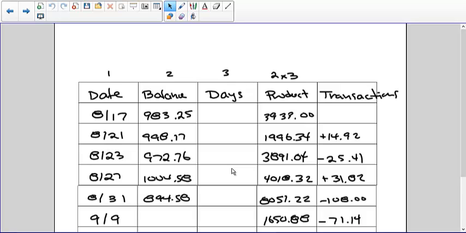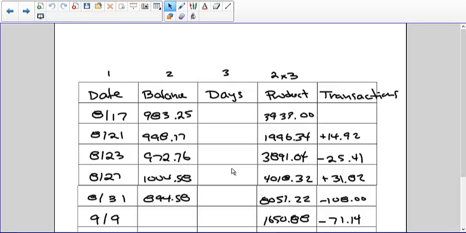Just doing the calculating of the average daily balance for a credit card for a month, and then based upon that, we'll calculate the amount of interest charged. So this only happens if you don't pay off your credit card in full. So theoretically, if you charge something at the beginning of the